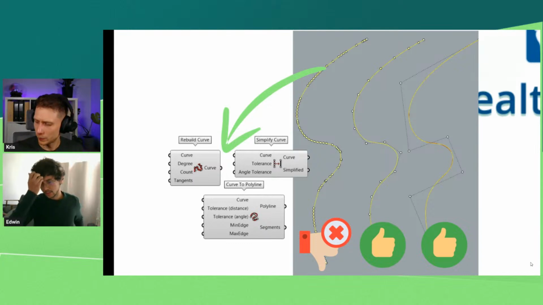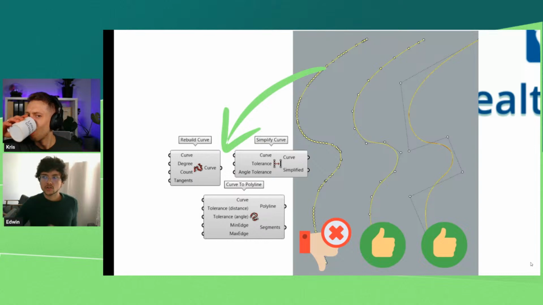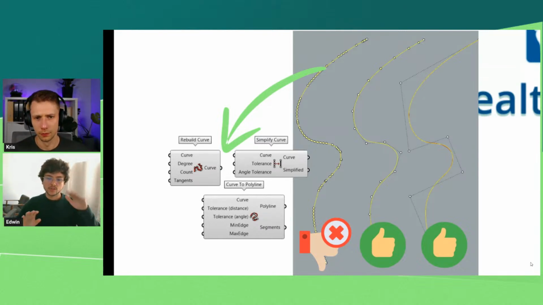Yeah, I mainly work with millimeters, but we always make a distinction between what needs to be done for visualization and what needs to be done for production. So we normally have two paths, two scripts: one for production, which takes maybe longer, and one for visualization, where the user is quickly iterating and changing things, and there we use a lot of polylines, especially. For the one for precision, we do need to have the precision, because it is used for laser cutting or CNC machines, and you need precision when you do these kinds of operations.